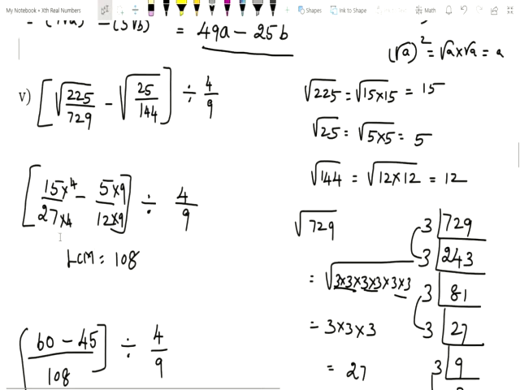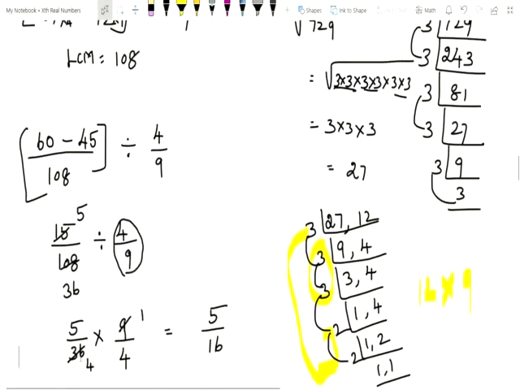So, the LCM of 27 and 12 is 108. Now, I am going to make the denominator as 108. Okay. See, the first term denominator is 27. If I multiply with 4 only, I will get 108. Once I multiply the denominator, I have to multiply the numerator also. So 15 fours are 60. Okay, so look at the second term. Denominator is 12. So 12 nines, you are getting 108. So 5 nines are 45. Okay, so 60 minus 45 you get 15.